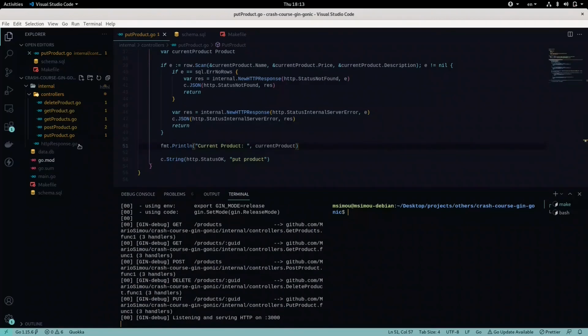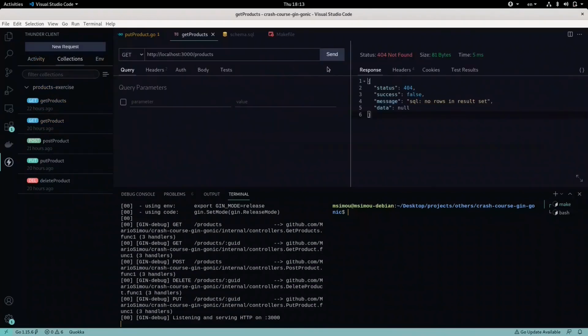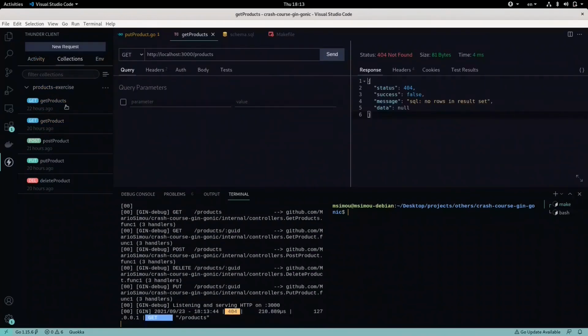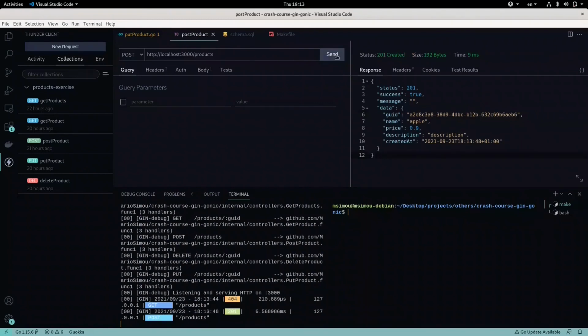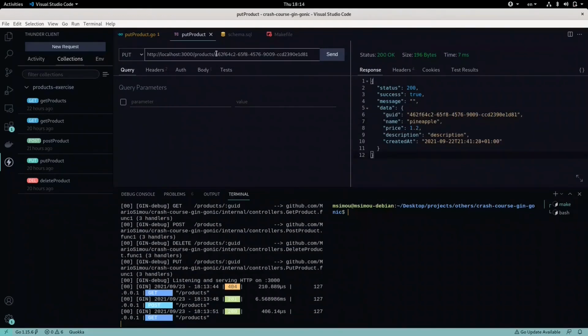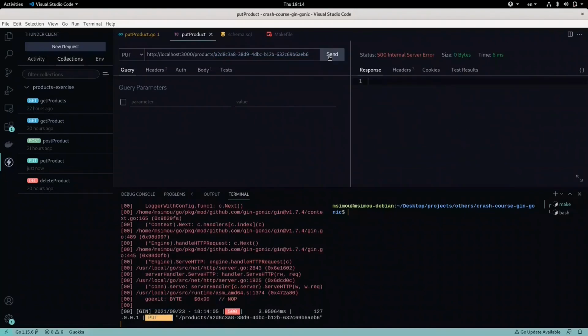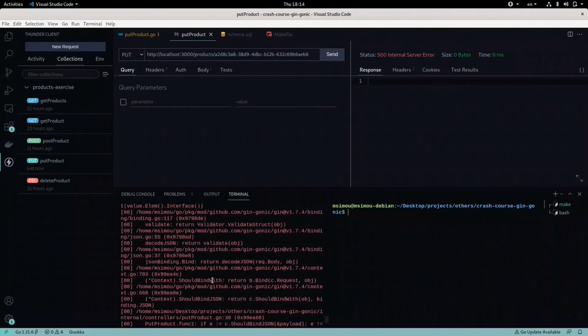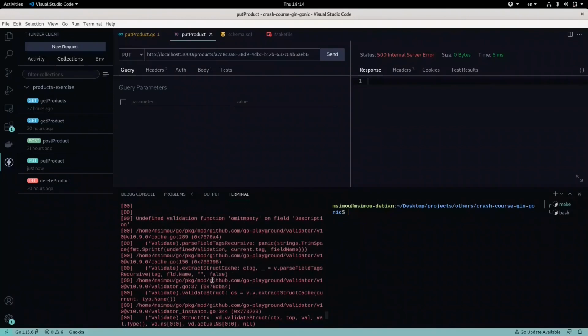So if we check our products, we'll go into my clients, get products, find. So I will be creating a product. So generate this product. If I get my product, I see that I get Apple. So I will copy this one, and if I call my put endpoint, I get an internal server error, and